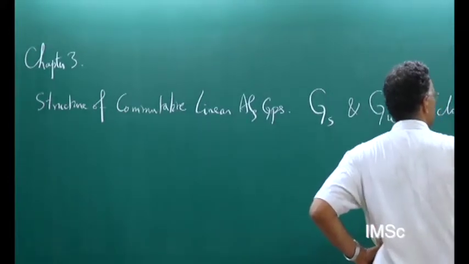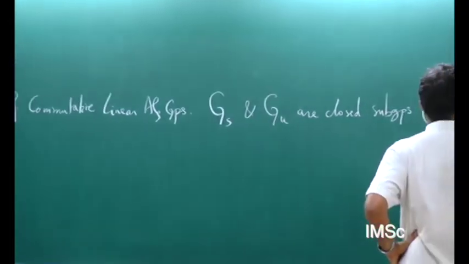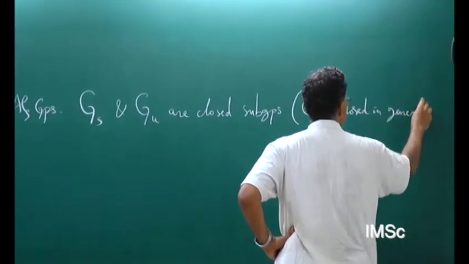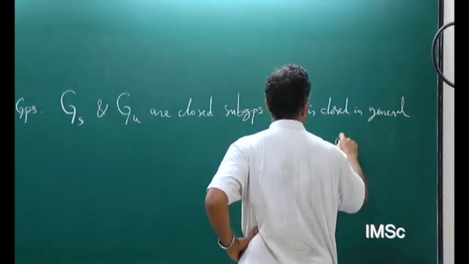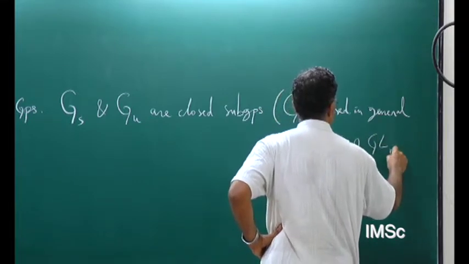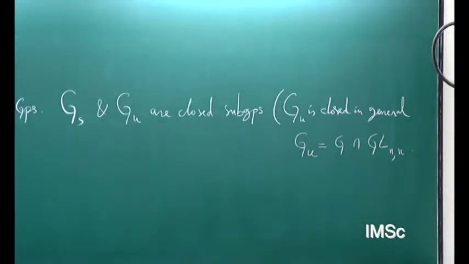I want to remind you that GU is closed in general. There is no problem with that. And what is the proof of this? You can think of GU as G intersect GLNU. That is the one-line proof. What we are saying is, you can choose an embedding of G sitting inside some GLN. Observe that GLNU is closed because it is just